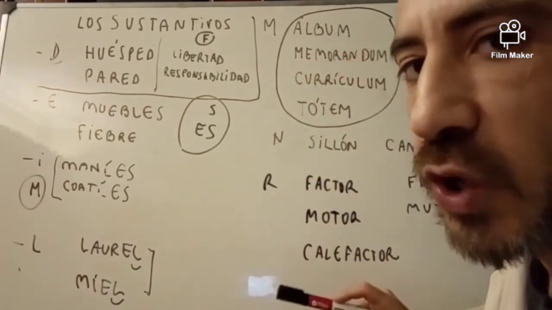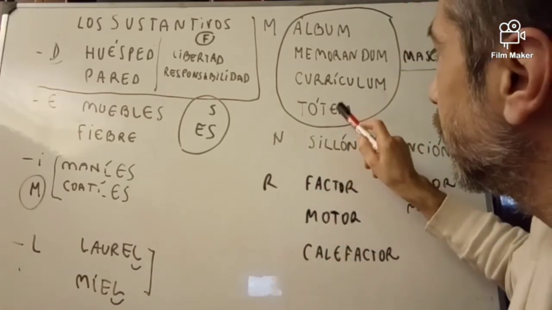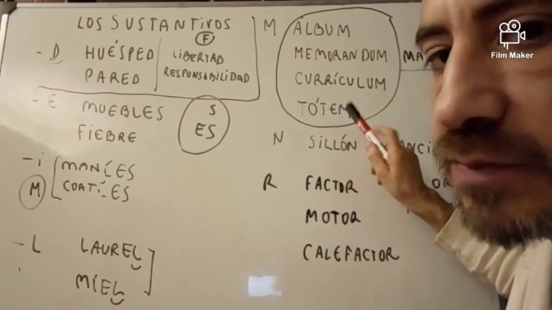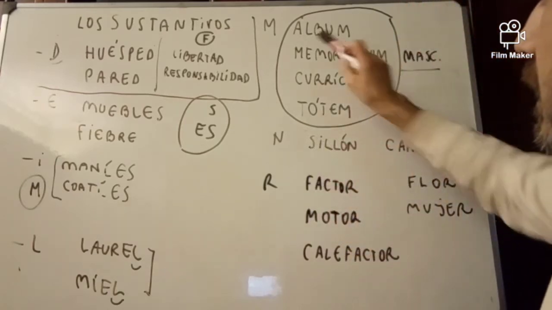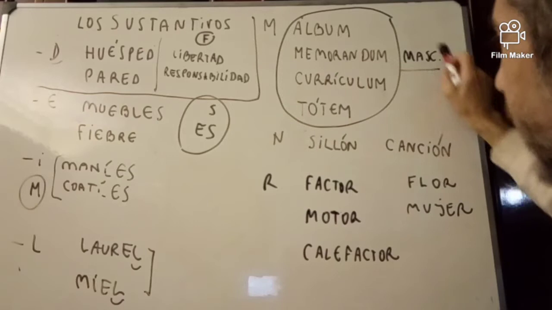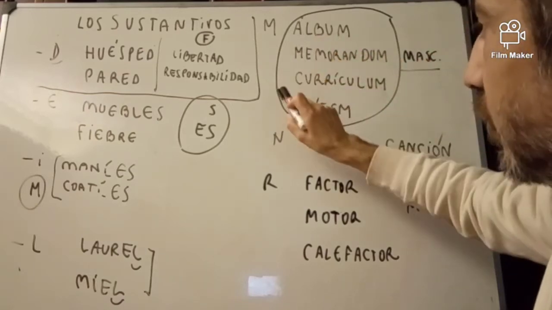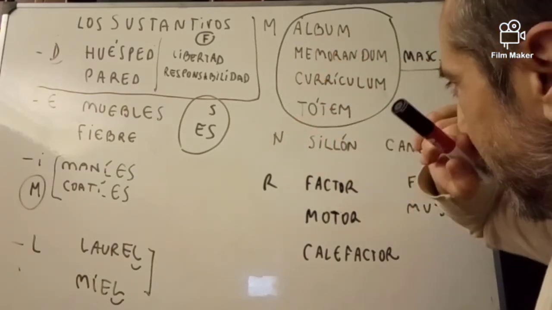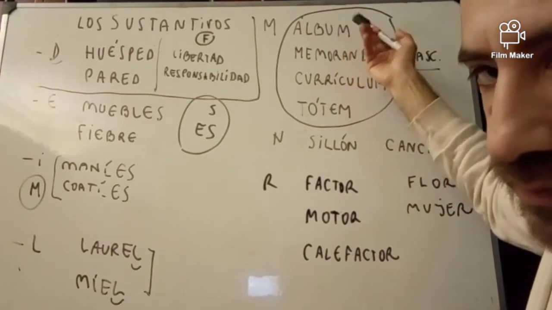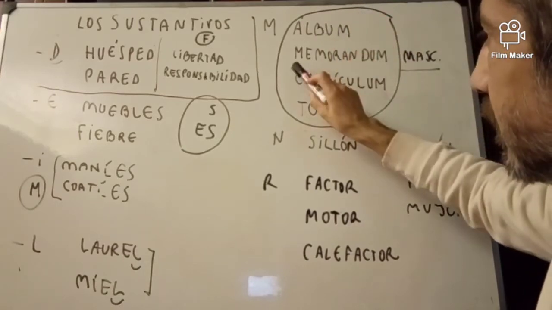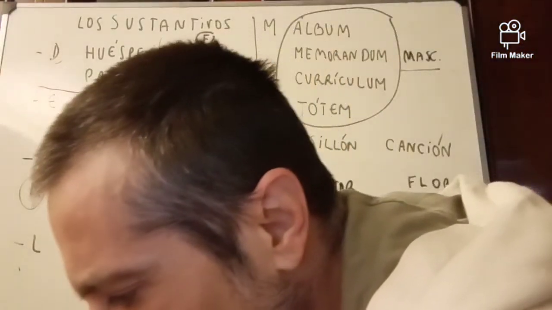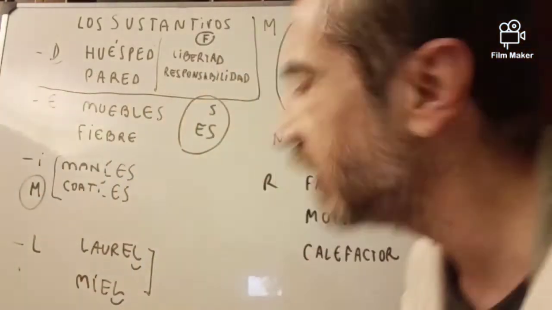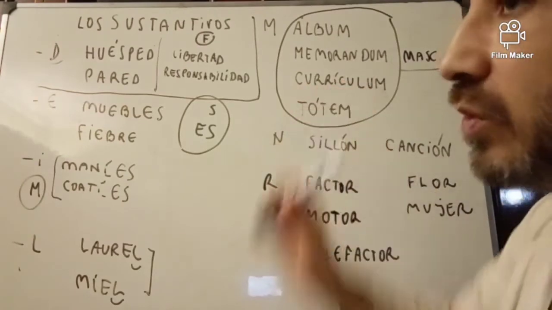So they say album, álbumes, totem, totems, but it's wrong. Don't say that, please, because it's wrong. And they are all masculine. El álbum, el memorándum, el currículum, el totem. The album, as in English, the memorandum, the totem, I guess it's the totem. And curriculum,